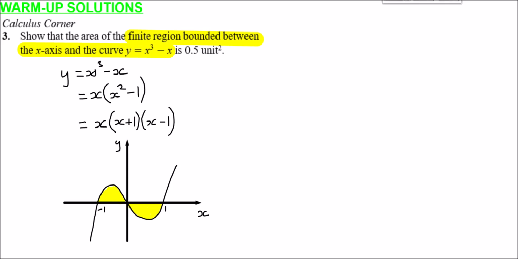Anyway, what you should have learned from the previous chapter is when we integrate a function between limits, that tells us the area in between the curve and the x-axis. It tells us the area underneath the curve. And so the total area here, that region plus that region, the area bounded, is going to be the integral of the function with respect to x between the limits. So we need to integrate separately here as well. This region here, we need to think about separately to this region. Remember, when we integrate a curve which is going below the x-axis, that will give us a negative area. And so if we call this A and that B,